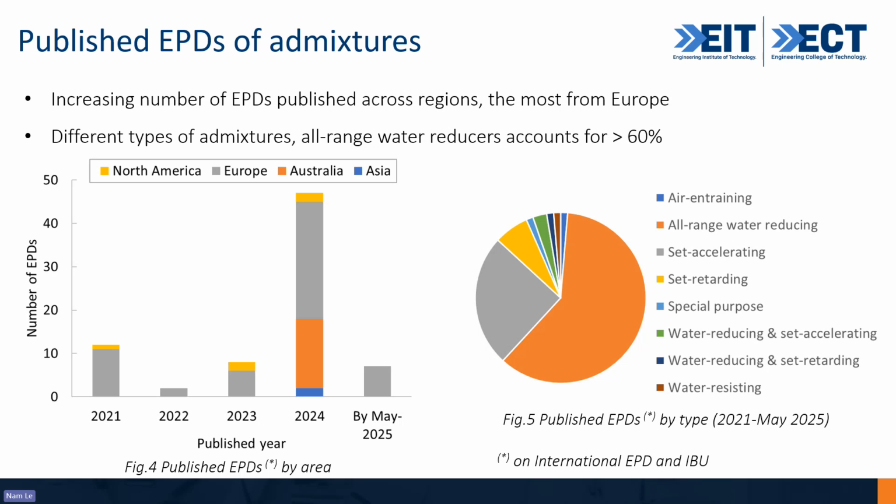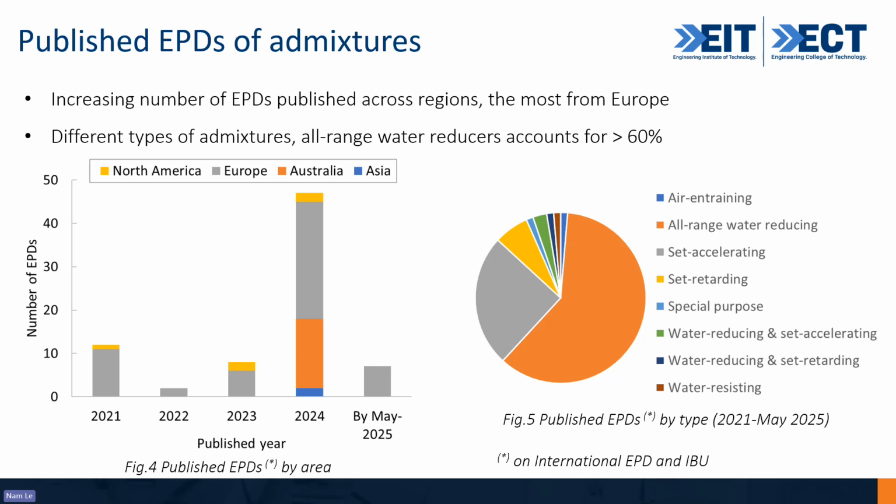One of the things is we need to have the EPDs. We need to publish transparent information about the product with EPDs. And that's the reason why we have increasing numbers of EPDs published, not only in Australia, but all around the world. And if you can see here in the graph, initially we have some EPDs published